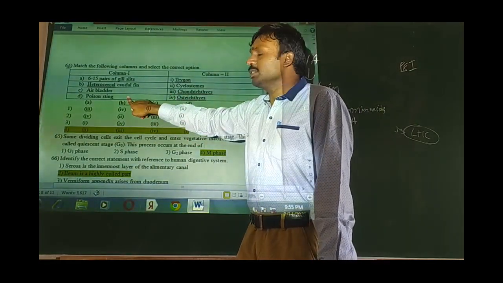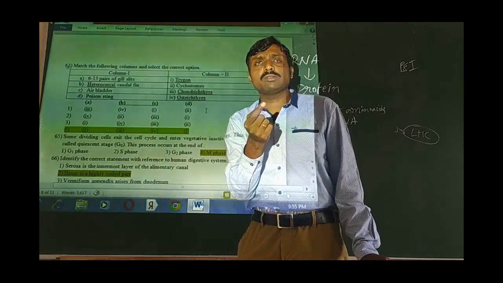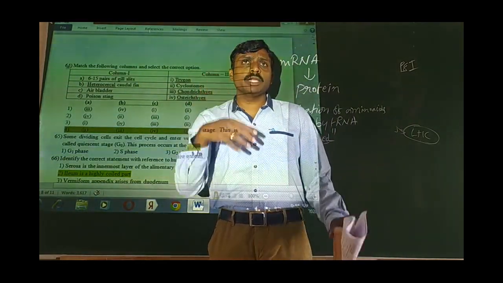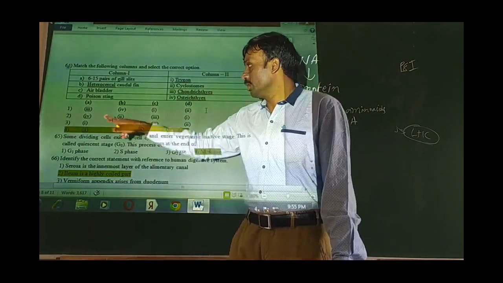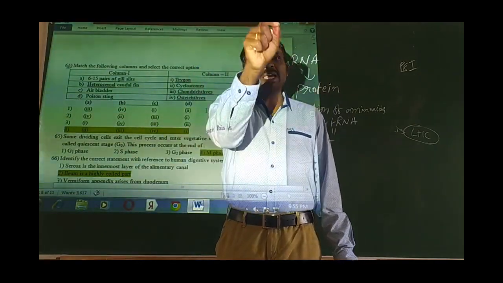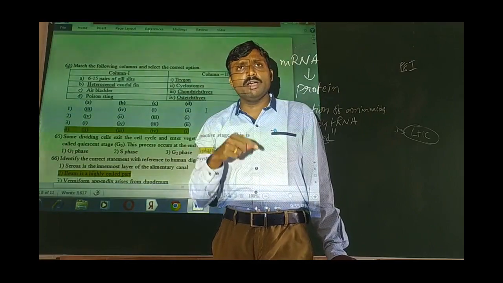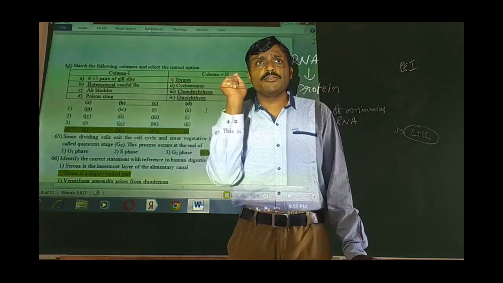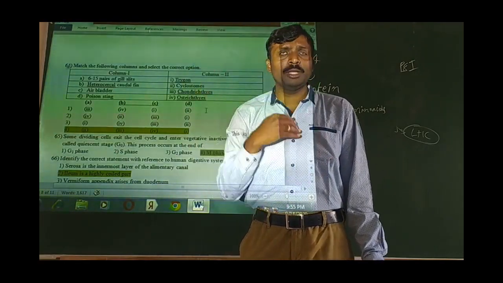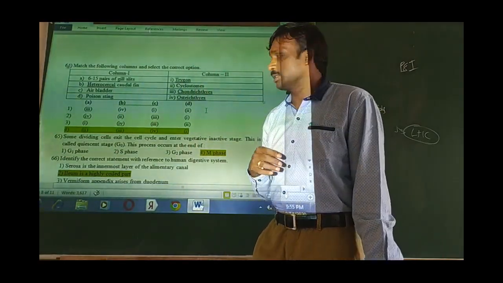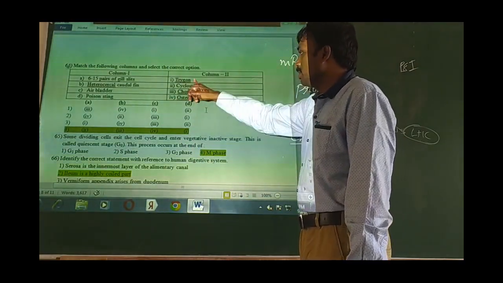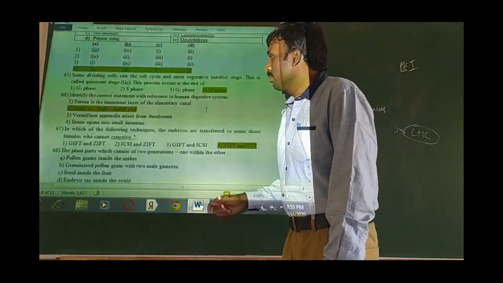Osteichthyes. And poison sting: some fishes will have some special arrangement to attack the organisms coming towards them. They will be piercing the body of the coming animal near to it, and they can infuse poison into the oppositely coming animals. Okay. So the poison sting is observed in Trygon.